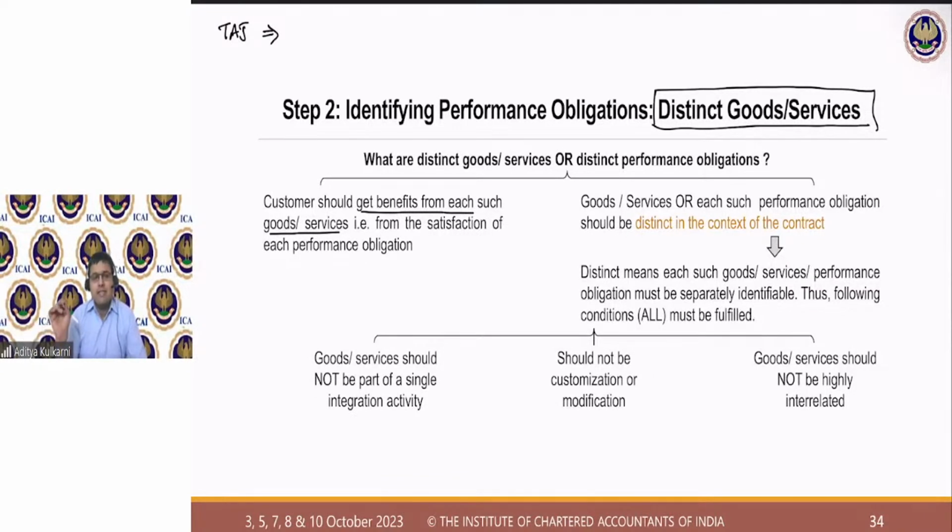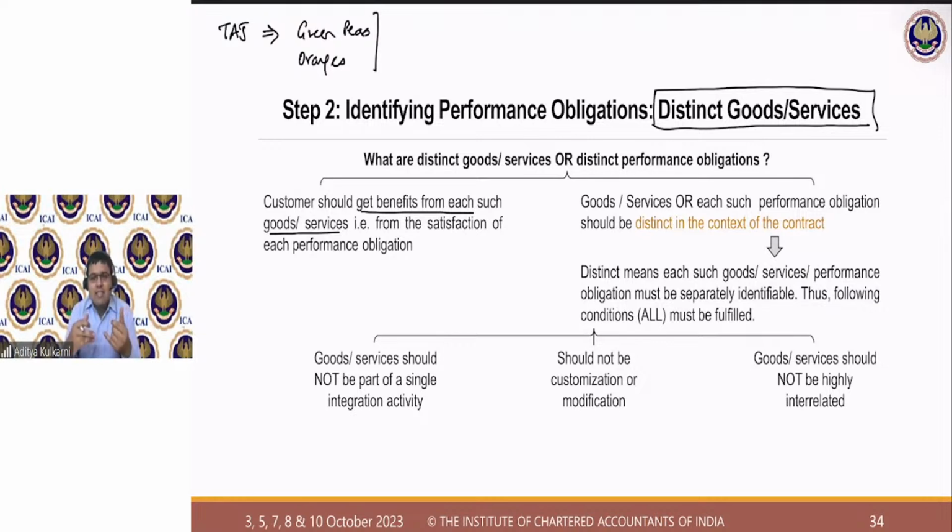So let us assume that they are entering into a contract with one of the vendors and the vendor is supplying vegetables. Let us assume he is supplying green peas to Taj. I'm making it a very simple example so you can understand. At the same time, he is also supplying fruits. So let us assume he also supplies oranges to Taj. Now, are both of these different goods? Answer is yes. Are both of them distinct goods? Answer is yes. Green peas are green peas, oranges are oranges. So they are different, they are distinct.